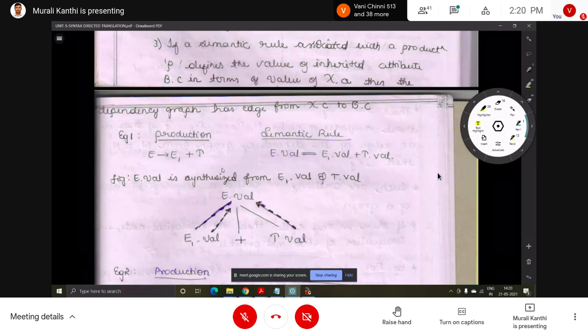For example, the production E implies E1 plus T. The production and associated semantic rule is E.value equals E1.value plus T.value. This kind of attribute is a synthesized attribute. The parent E is going to take the values from its children, perform the operation, and the result will be assigned to E.value.